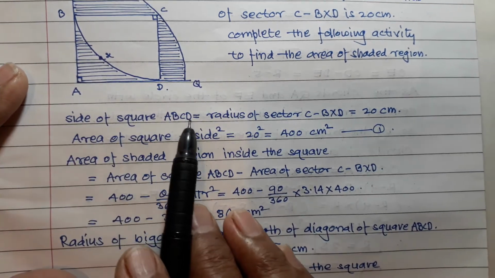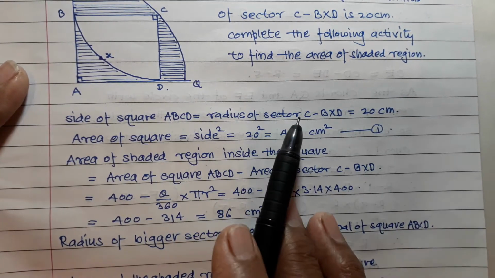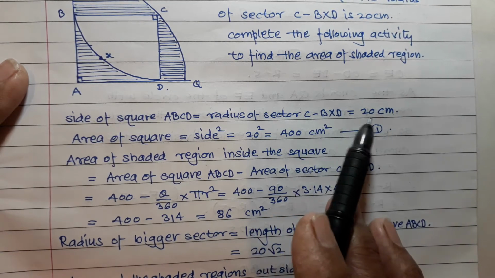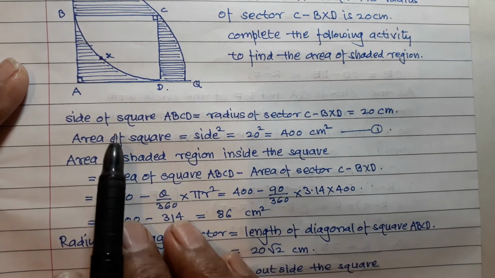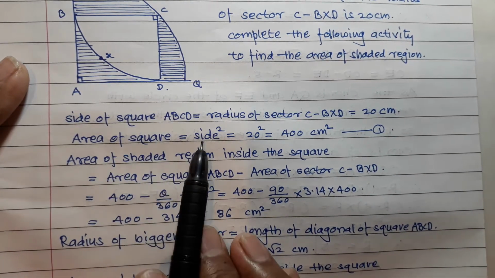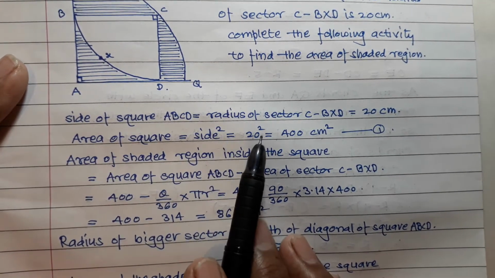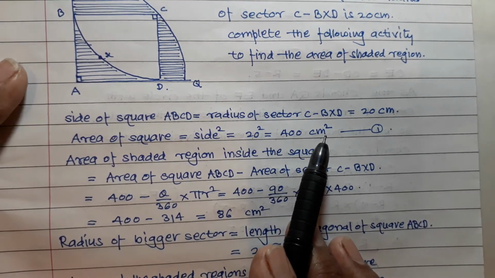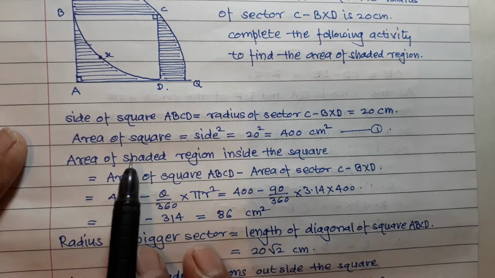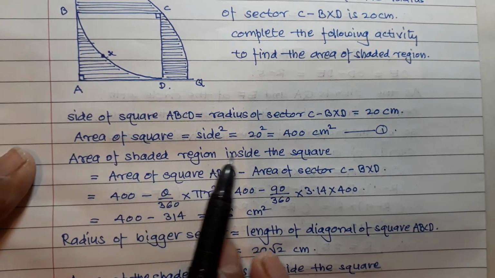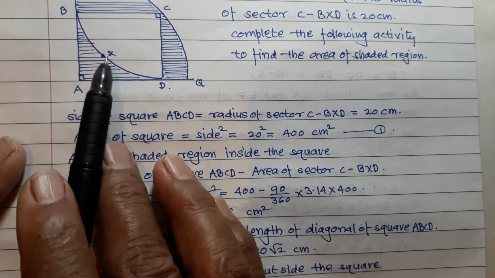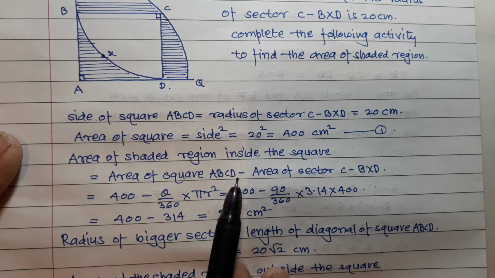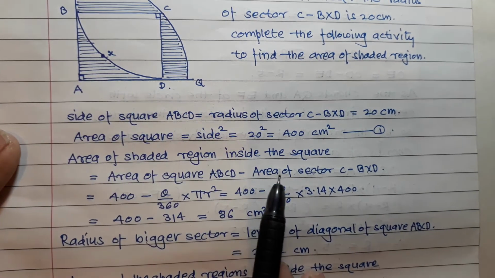Side of square ABCD is equal to radius of sector CBXD, which is equal to 20 centimeter. Area of square is equal to side square, which is 20 square, equal to 400 cm square. Area of shaded region inside the square is equal to area of square ABCD minus